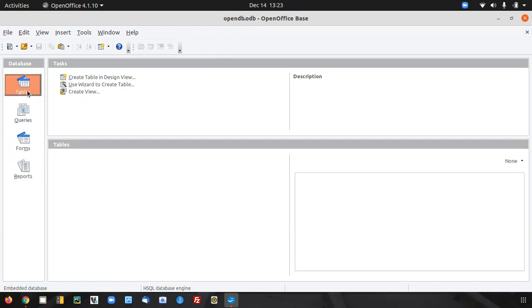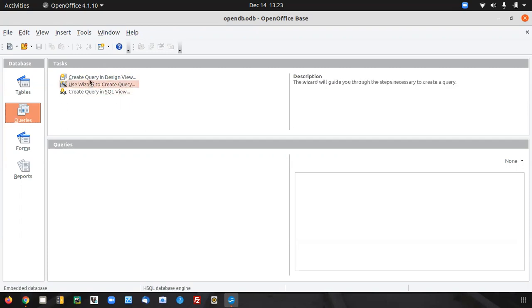If I select tables, then it will show me the tasks that come under tables. Similarly, if I select queries, you will see that it gets changed. Now you can see that the queries tasks are shown. Similarly for forms and reports. All of these are the four main components of your OpenOffice database. Now, this is your task pane on which task you are working. Whenever you save all of these things, suppose you are creating a number of tables in your tables component, then those tables will be displayed here. Similarly, the queries you create will be displayed in this area.